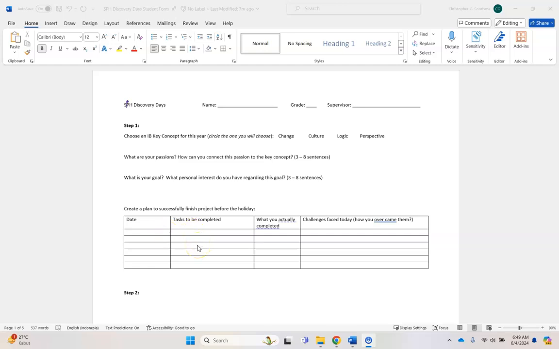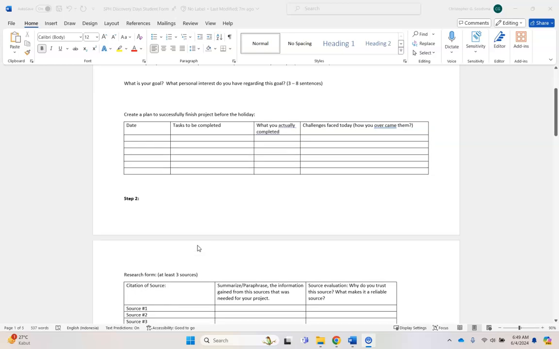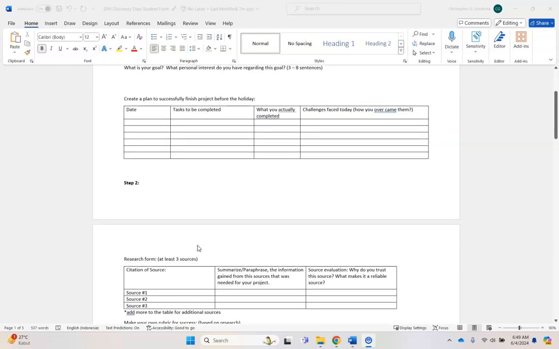That means you have to have your whole step 1 and step 2. You'll have to have what you're going to do every day finished. The last day, obviously, you're going to be presenting to your supervisor. When you're putting this in right here, you'll insert your tasks. There might be 5 in a day, there might be 10, there might be 2. On this part right here, you'll add what you actually completed. Did you get everything done for today and some of the next day?